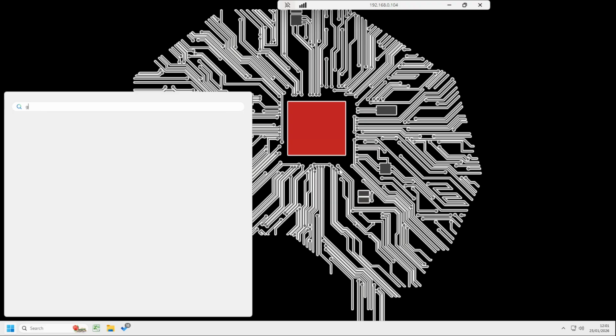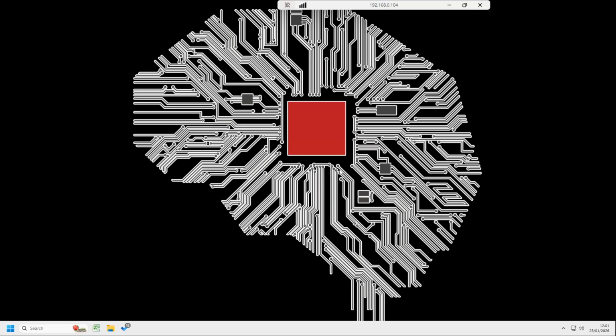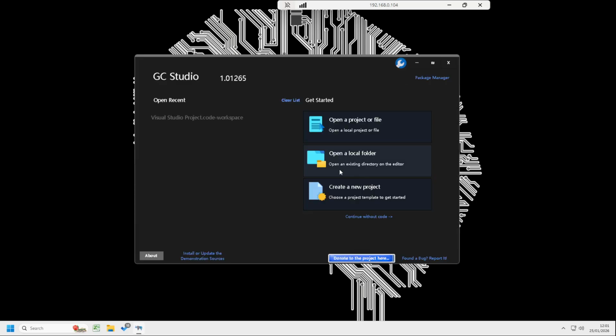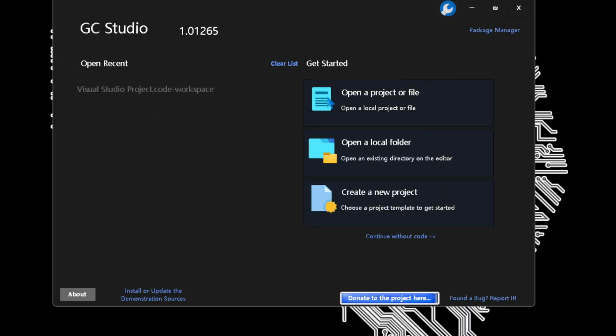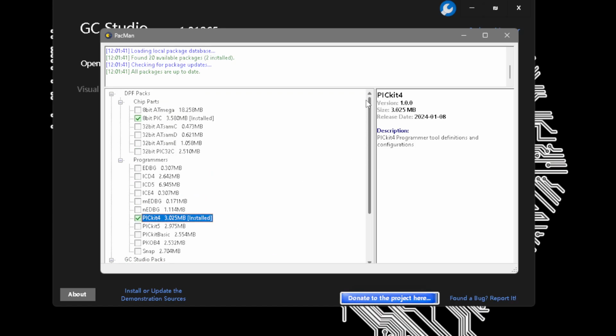I'm going to open up GCStudio exactly as I have previously. I have not got MP Lab installed. That's absolutely crucial that you understand. I've just installed the new version of GCStudio. And here we go. I can show you the difference is that there's a thing called Package Manager at the top. And in the Package Manager, I've selected some packages and I've installed PIC16F175xx and I've selected the 8-bit